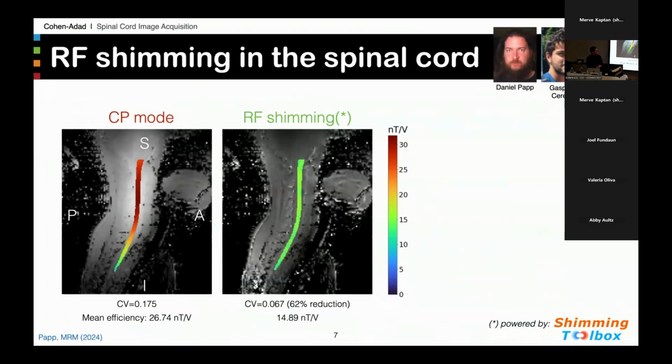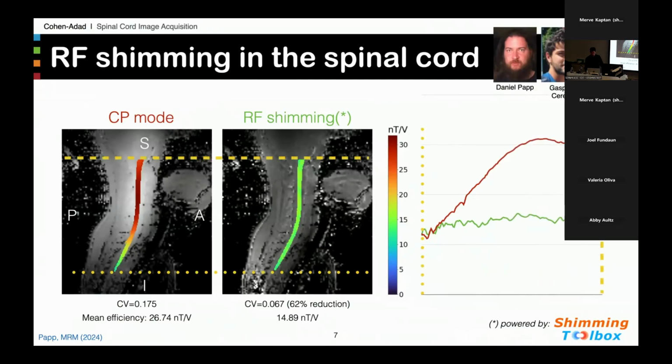And so we basically ran Spinal Cord Toolbox, segmented the spinal cord, and then with Shimming Toolbox that Alexandre D'Astous will tell you about, we're able to compute the shim coefficients necessary to get a homogeneous transmit inside the whole cervical spinal cord. And what you're seeing here are